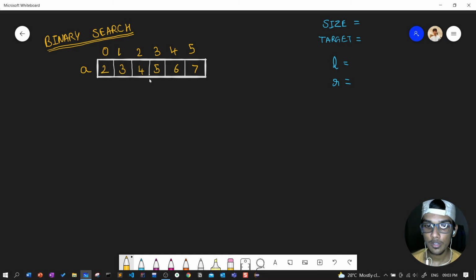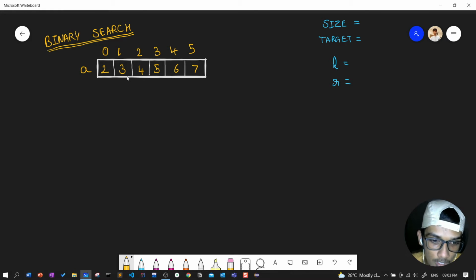Why I wrote a sorted array is that binary search only works if the array is in sorted order. The constraint of the binary search algorithm is that the array needs to be sorted before searching.